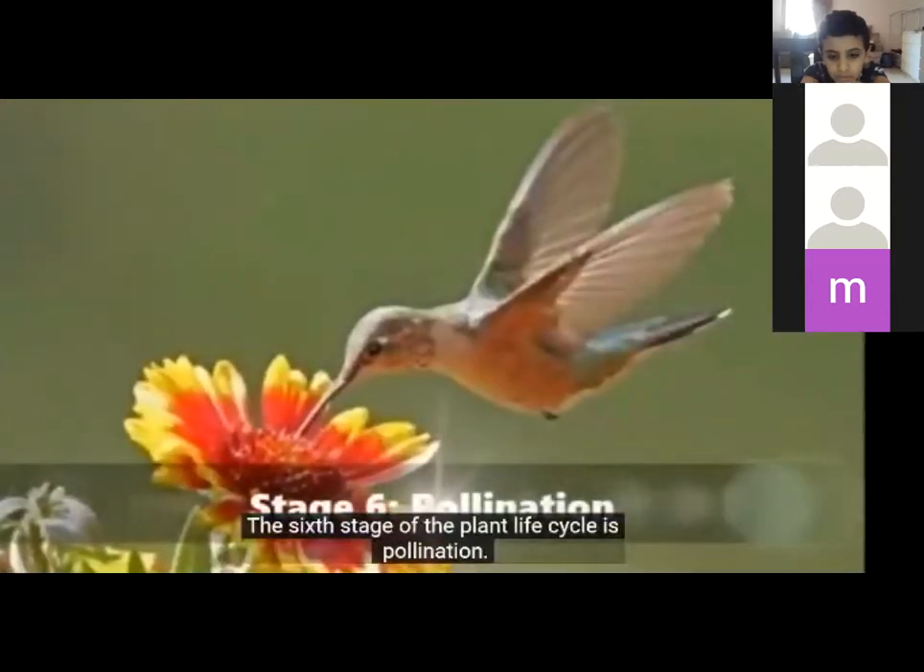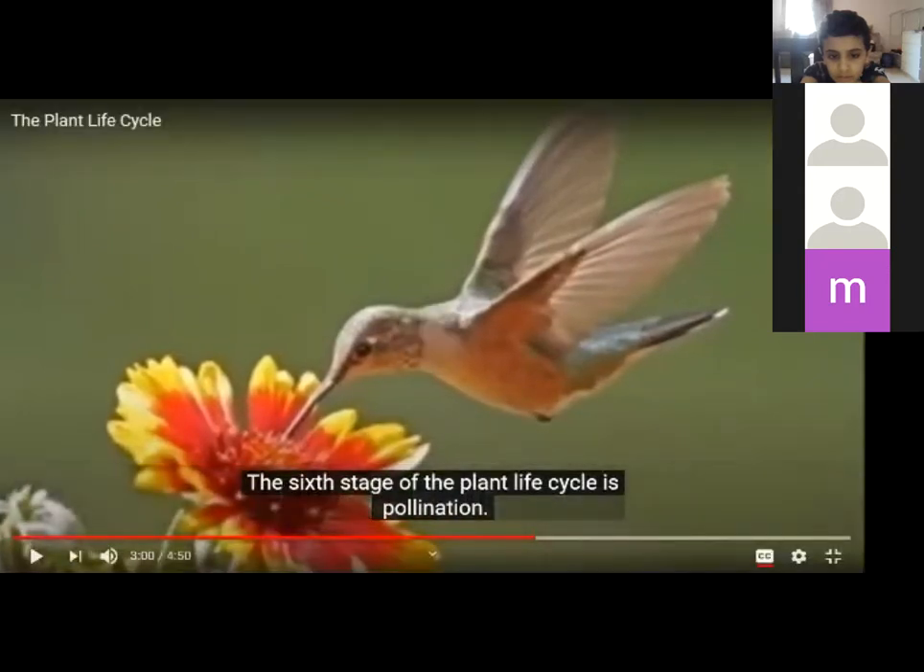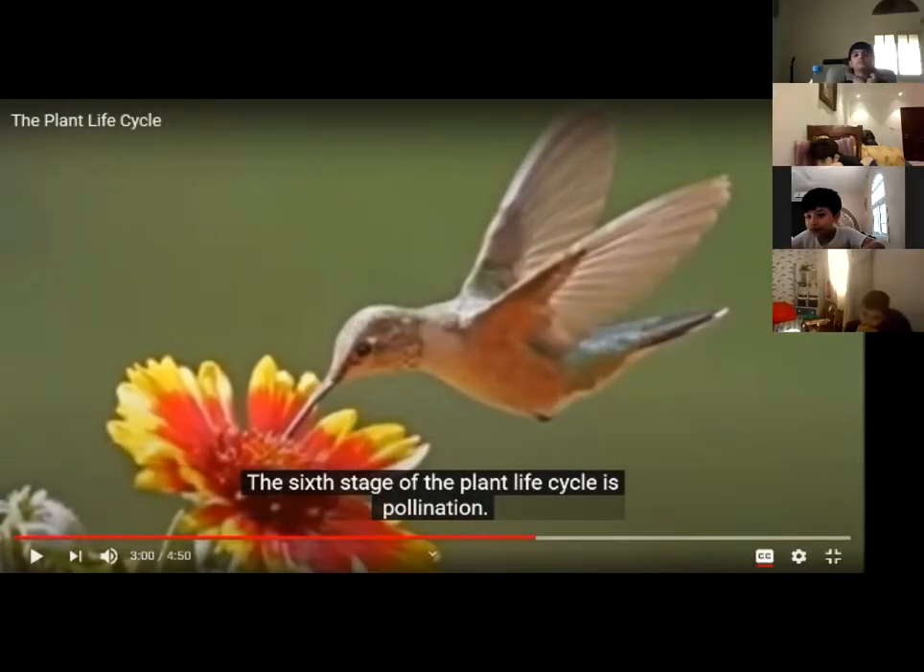The sixth stage of the plant life cycle is pollination. So if I ask you what is pollination, let me ask first, Usama, what is pollination? Pollination is the bird. It is the la- it is the